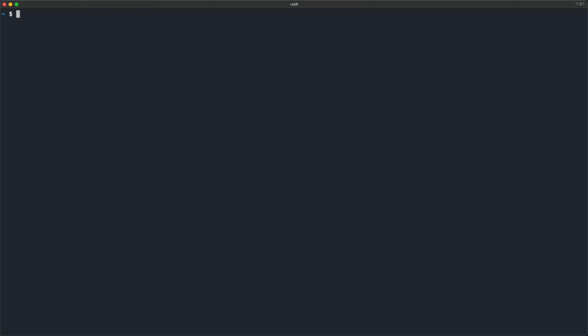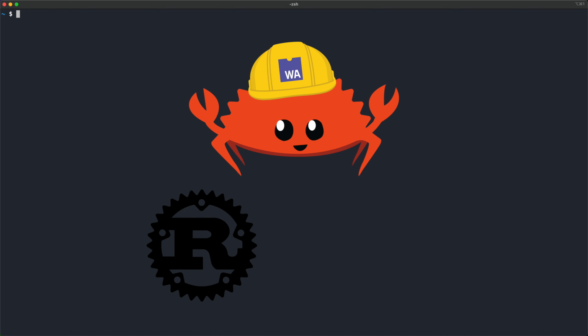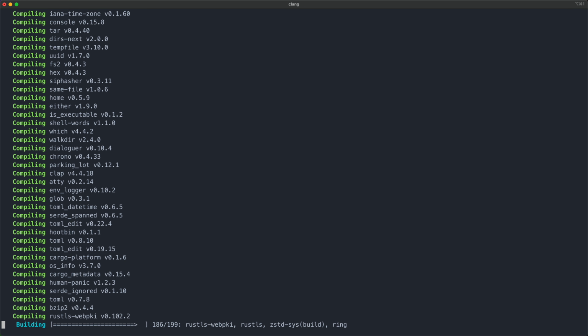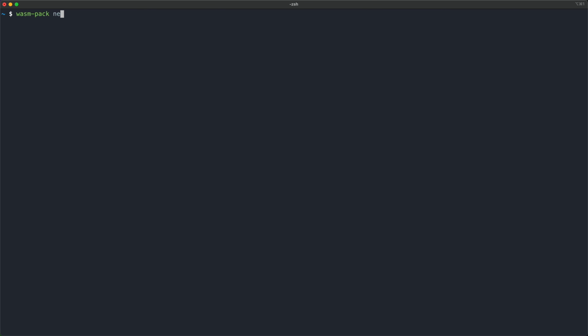First, we need to install WasmPack. This tool is responsible for compiling our Rust code into the WebAssembly binary. So we say cargo install wasm-pack. Next, we use wasm-pack to initialize a new project. So we say wasm-pack new